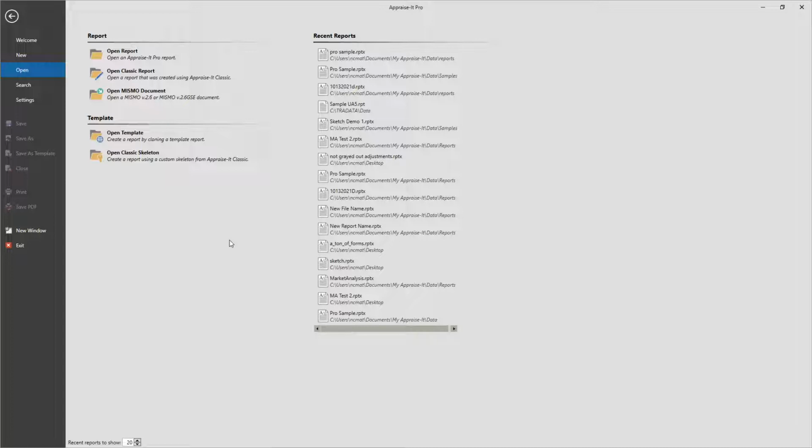And they kind of remove the reason for having print schemes. There are no print schemes in Appraise-It Pro, and I'll show you why, because they're not needed. It would be completely redundant to have a print scheme, and I'll show you what I mean by that when we get into editing and building our reports. That's the part that you're really going to want to pay attention to, because when I show you the difference in building a report from Classic to Pro, it should click,